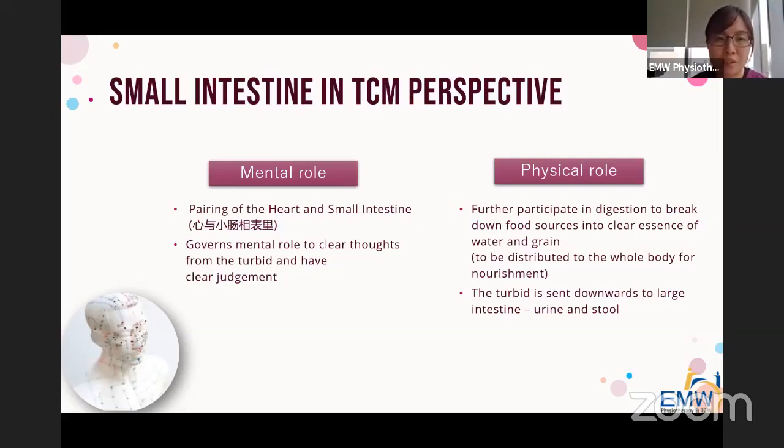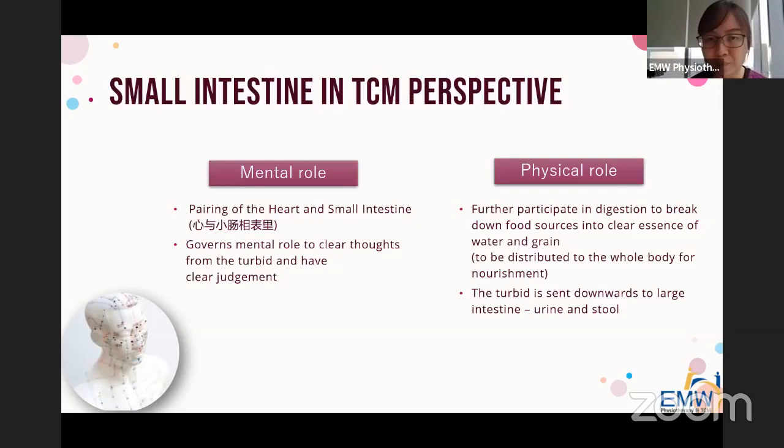So the small intestine helps to govern the mental role aspect, to clear thoughts from the turbid, from the dirty fluid per se, and to have clear judgment. For the physical role, it further participates in the digestion, to break down food sources into the clear essence of water and grain, which we call 水谷精微. This 水谷精微 is distributed to the whole body